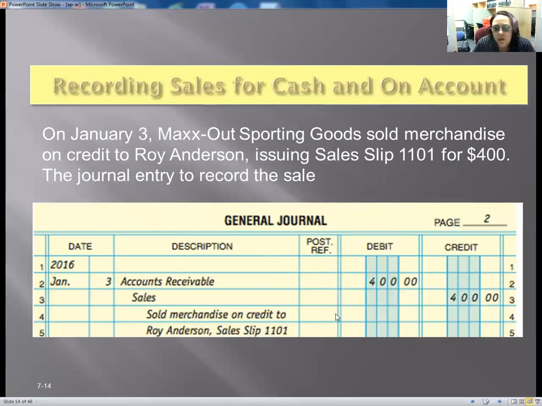When you put that sales slip in there, it helps to cut down the time that you spent or will spend on researching stuff. If you don't have a sales slip in there with a number or a name, then you're going to be searching for this transaction forever. So try to put as much information and detail that you can in your description area. It'll make life easier for you and others in the long run.